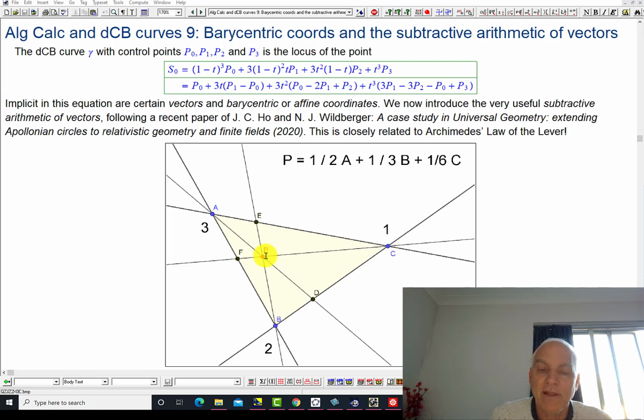So maybe we can see it like this. Suppose we start here at P, and I'm going to go 3 times, 1, 2, 3 times in the direction to A. And now I'm going to go twice the direction from P to B. So P to B would be from here, and then once more P to B down to here. And then we'd have to go 1 over from the PC direction. That would bring us back to P. So the net effect of the sum of these 3 weighted vectors is a total of 0. And that is the two-dimensional version of Archimedes' law of the lever.